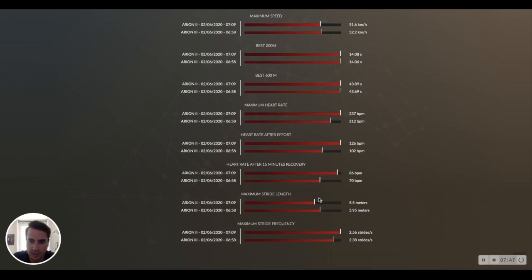And it's also very interesting to notice the different locomotion profile, because the horses trained in the exact same conditions at the same time. You can see the 2 years old has a stride frequency way higher than the 3 years old. So the 2 years old looks more like a sprinter profile, when the other one is more like a miler, for example.